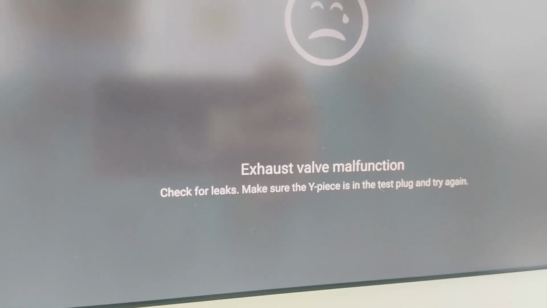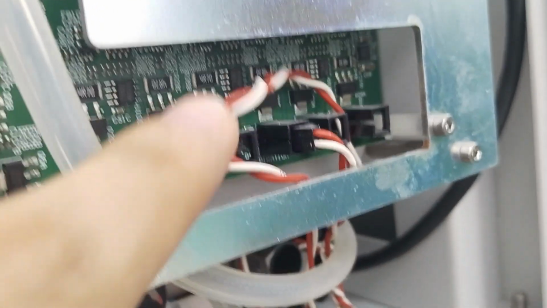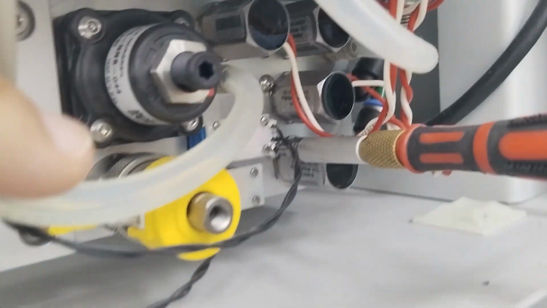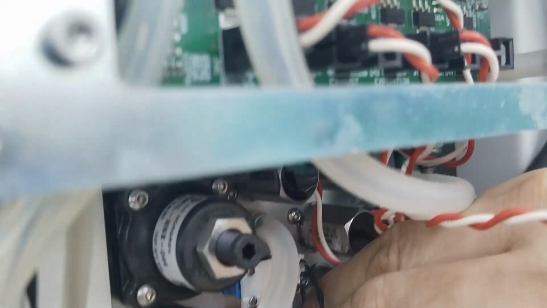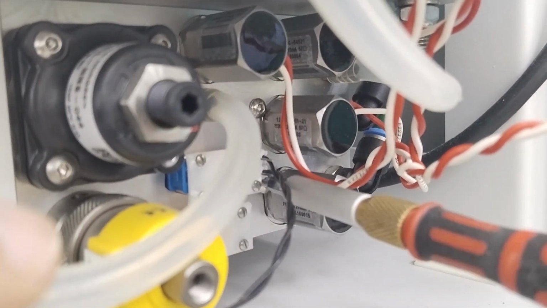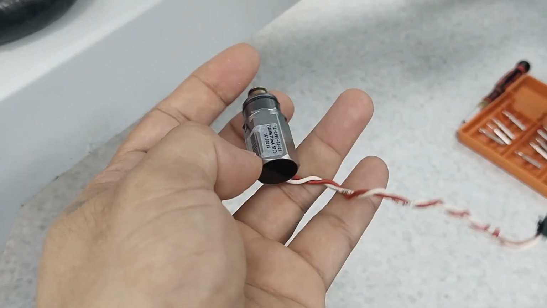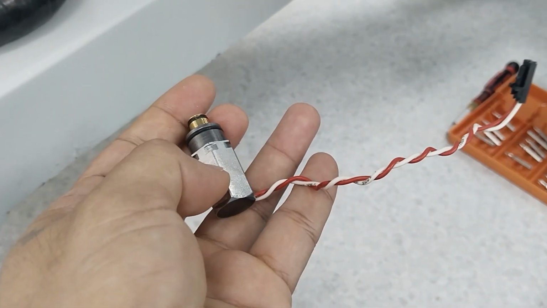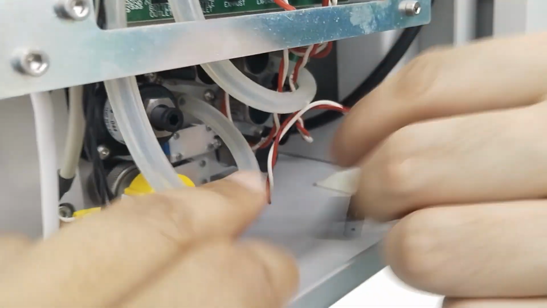So we already checked the leak in the Y-piece and in the breathing circuit, but there is no leak. So we go directly to change the exhaust valve since we encountered this problem before, and this is the solution. So we are removing this defective exhaust valve and we replace the new one. It's already connected,